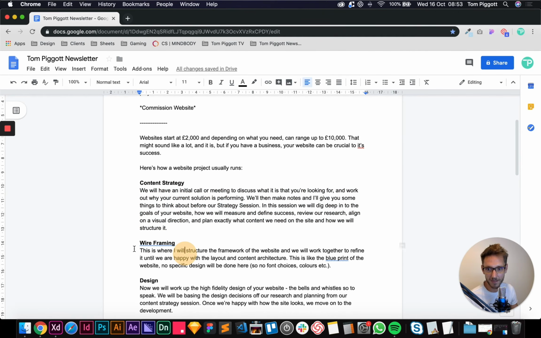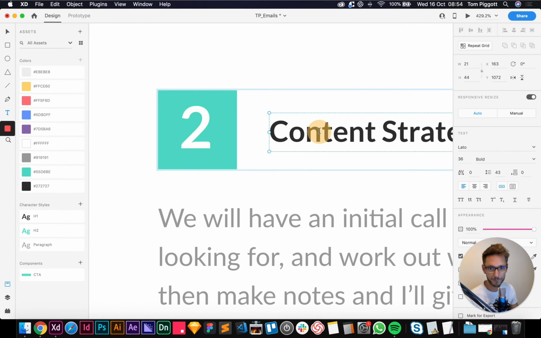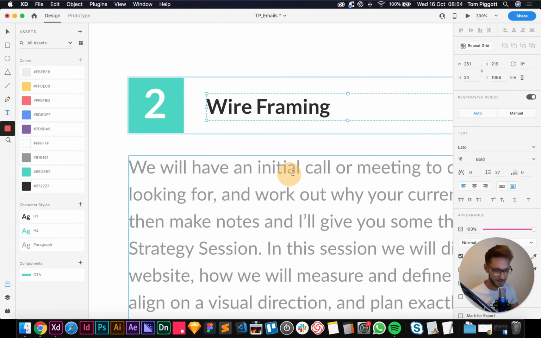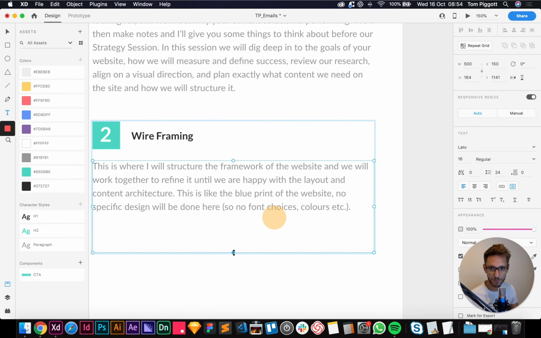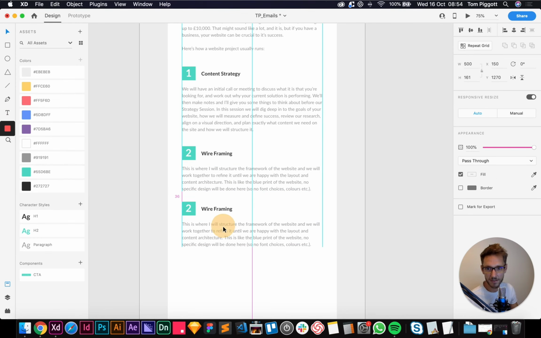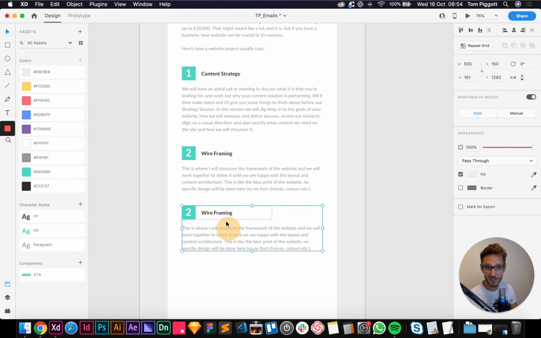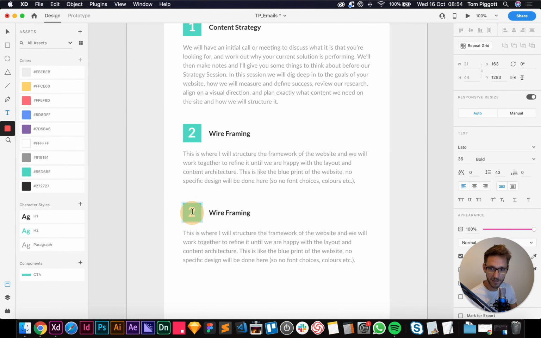And then come in here, wireframing. I can just type that out. I can copy this whilst I'm here to save time. So I know this is going to say wireframing. Zoom out a little bit. Paste in my new text there. There we go. That's point number 2, and you can see where we're going with this. I'm going to drag this down, and you see how that just snaps. You see it shows me pink, so it's showing me that this spacing matches, so I don't need to hold shift and nudge it 5 times. This is why I love XD, I love Sketch. They're all brilliant. This is going to be 3.